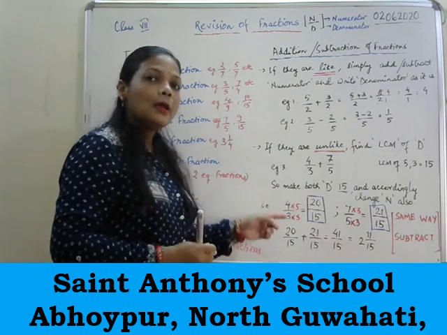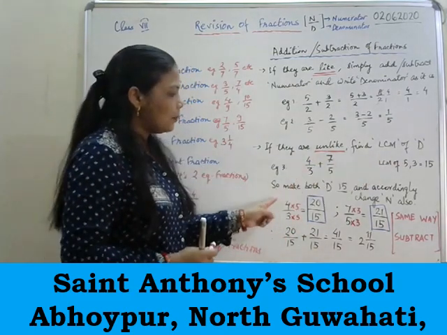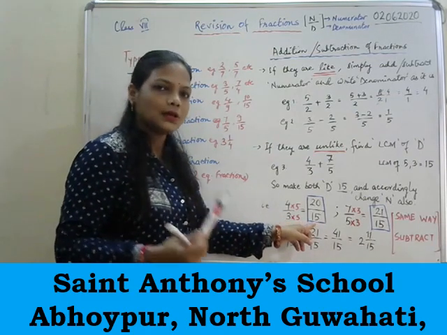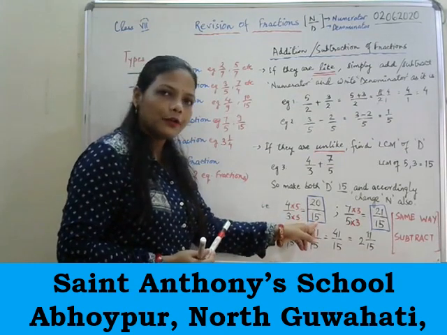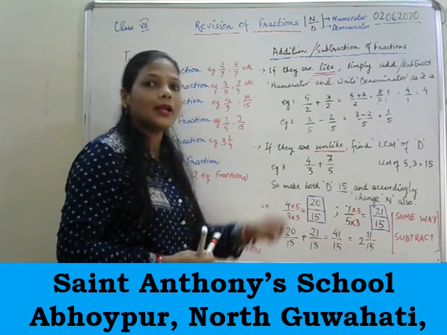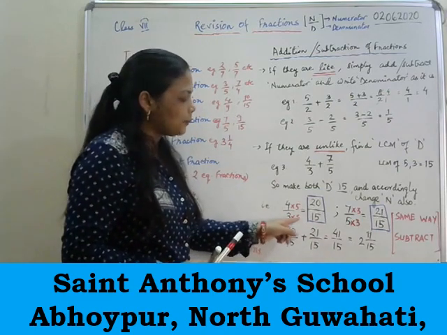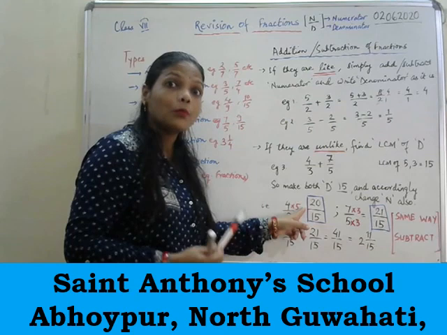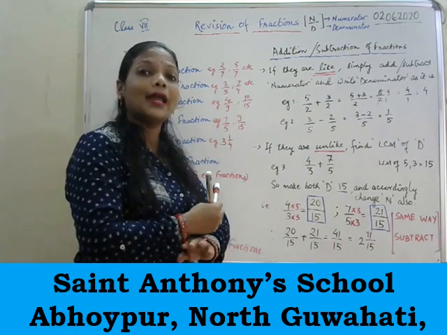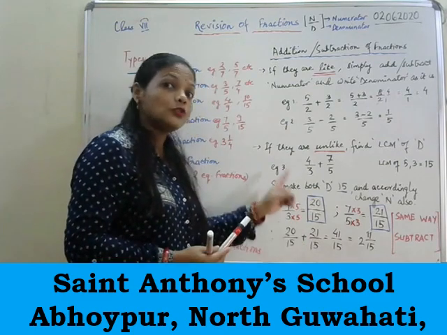I have seen many of you change the denominator to the LCM. So my fraction was 4 by 3 and now 3 needs to be changed to 15. That is correct. You are multiplying with a 5 and we get 15. But most of you are not multiplying this 5 in the numerator. Many of you are writing this as 4 by 15 only. Please see, if you are multiplying with the 5 down, you have to multiply with it up. Why? So that the fraction becomes equivalent. Equivalent means its value is not changing. That's why, in finding LCM and changing the denominator, you have to change the numerator also.